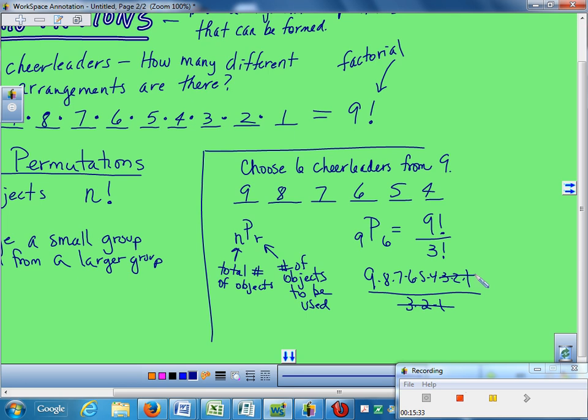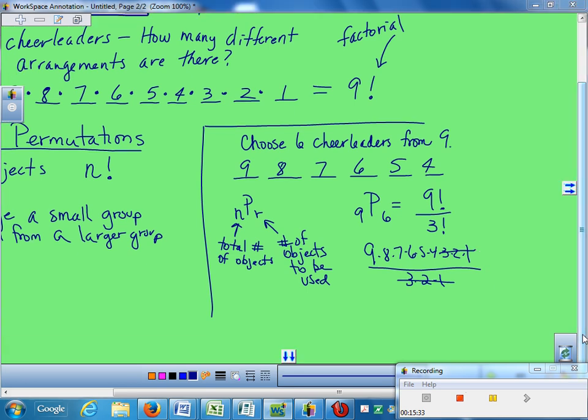So what it's actually doing, if I give it to you in formula form, is n factorial, the total amount you have, and then how did I get the 3? I did 9 minus 6. So in terms of the letters in this formula, I would subtract the 2 letters, so it would be n minus r factorial. That's how it's actually calculating that for you.